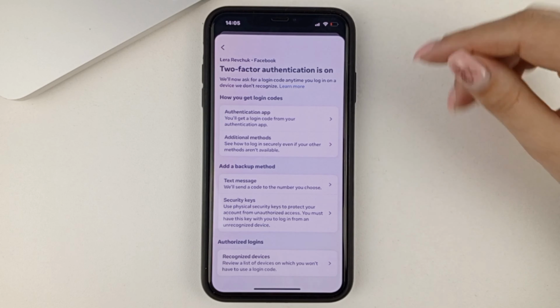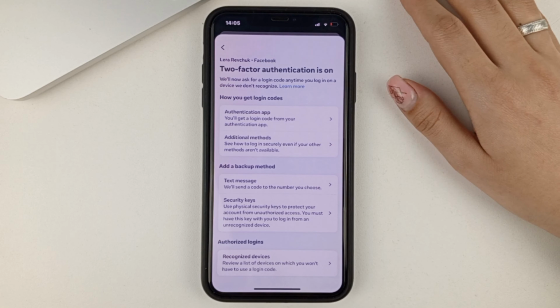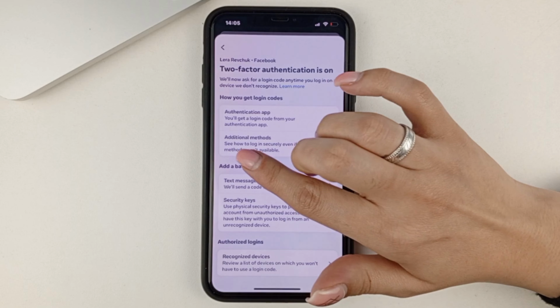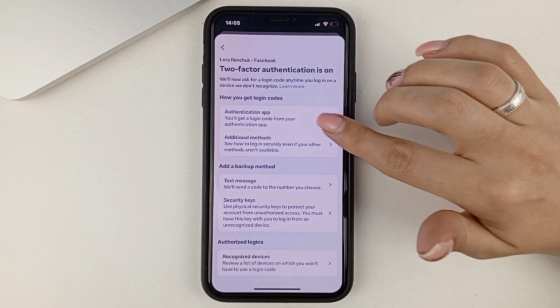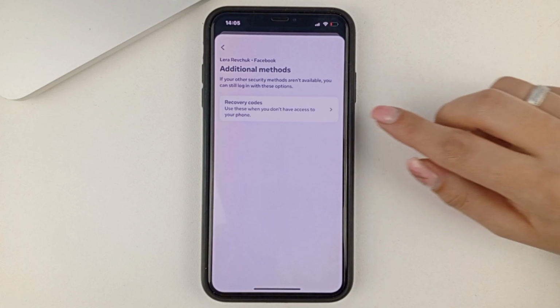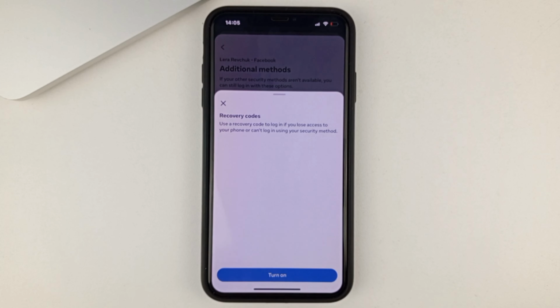And here you see the two-factor authentication settings. In my case, it is not done through the phone number, but through a special Google application for authentication. And here we see additional methods. And if we click on the authentication method, this is where we can disable it. And in order to turn it off, we just have to click turn off, and then it will be disabled.